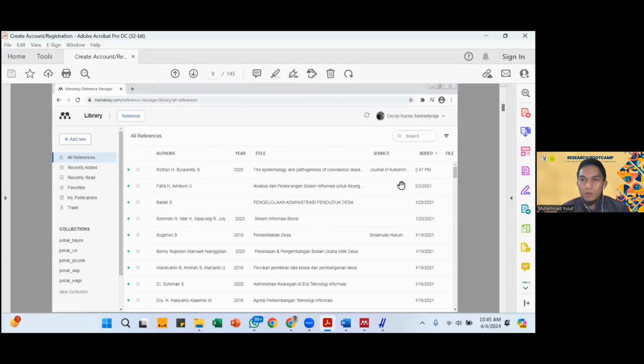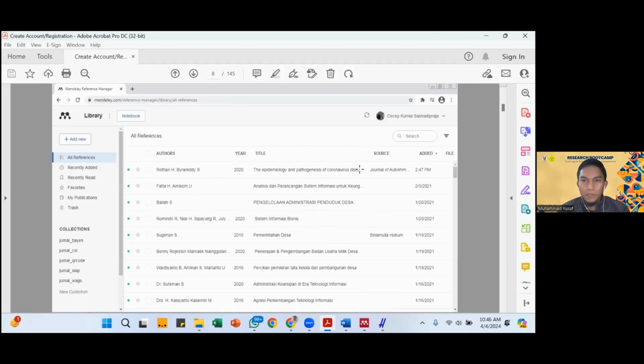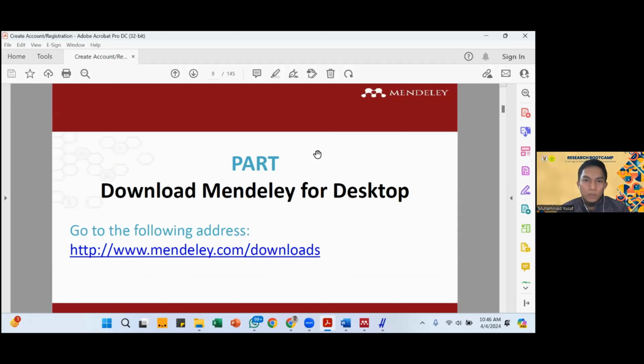This is your reference. If you add your reference from your data, like the POP-based explanation from Shiva, you can import it to your Mendeley account, your Mendeley library. But I'm going to show you the Mendeley desktop for the details.